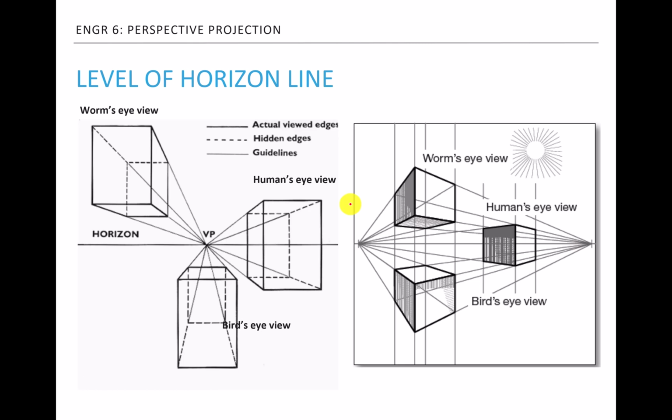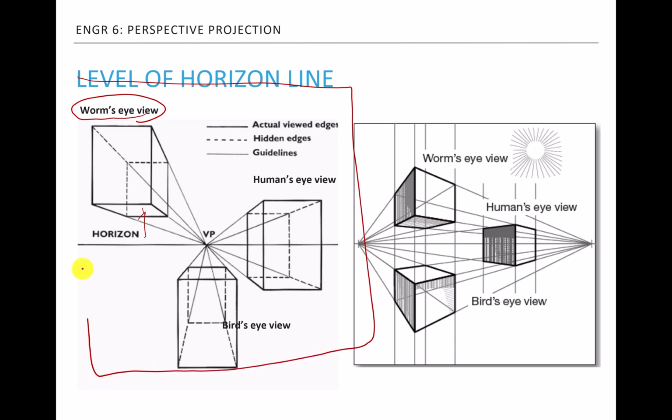So that gives you a different view direction. So here we say worm's eye view. That means you're very short. Okay, so almost like on the ground, your eye level is almost like the ground, and then the object, you're going to see more like the bottom side of the object. Okay, and that means that this is your paper. Okay, make a drawing of paper, and then your horizon line should be like the lower part of the paper,